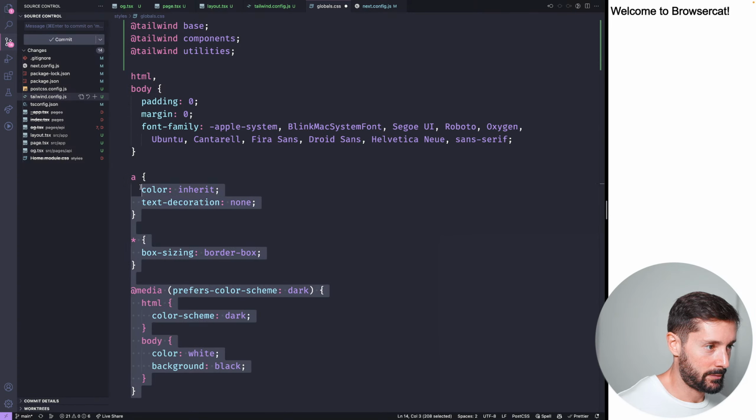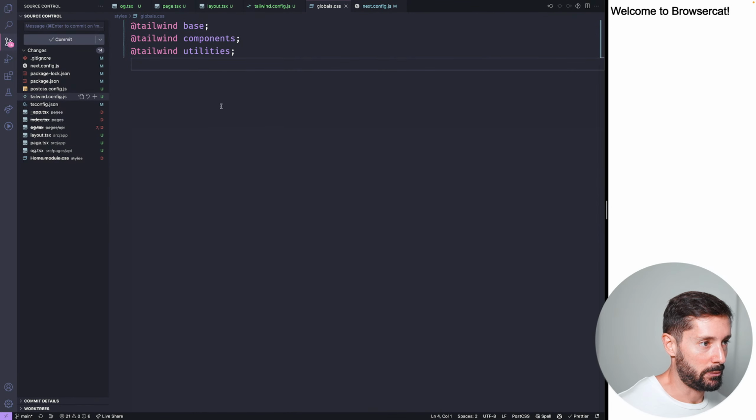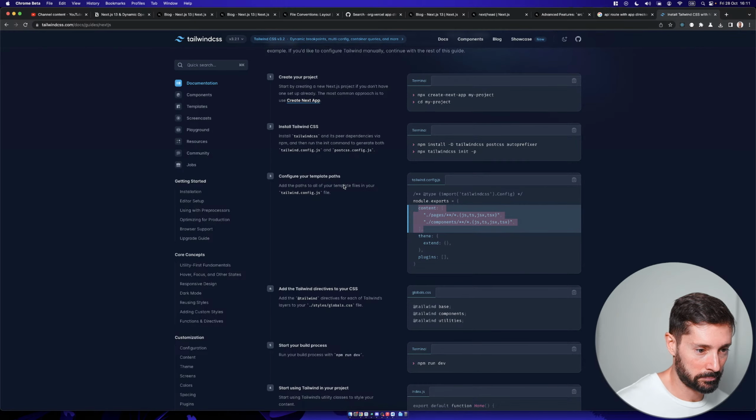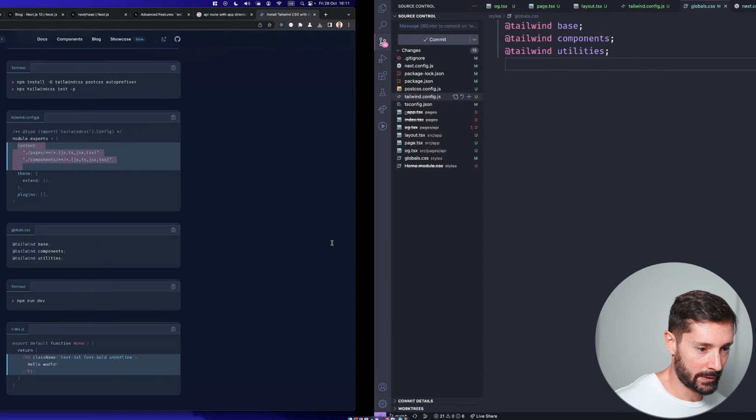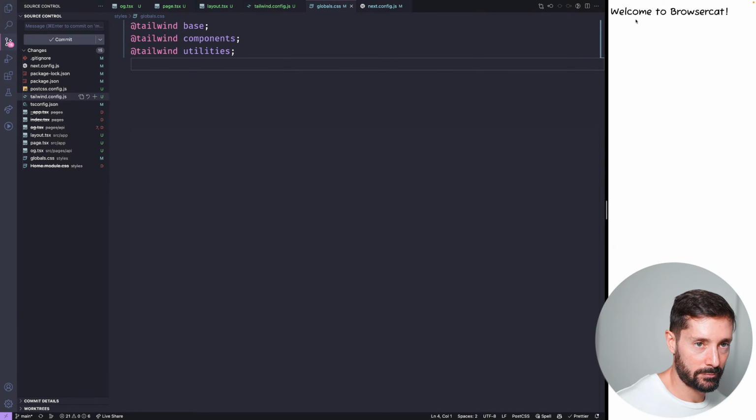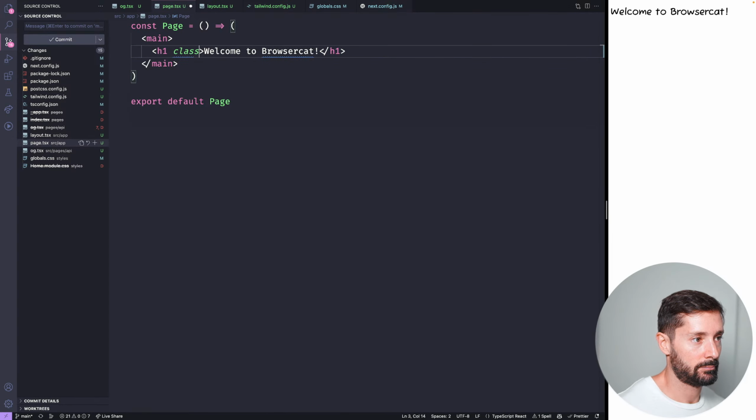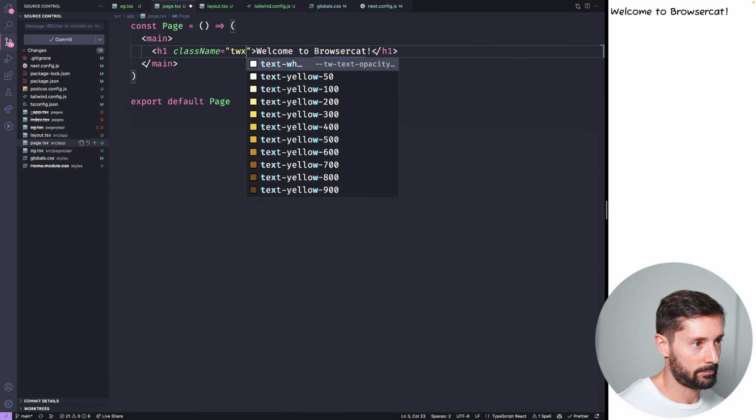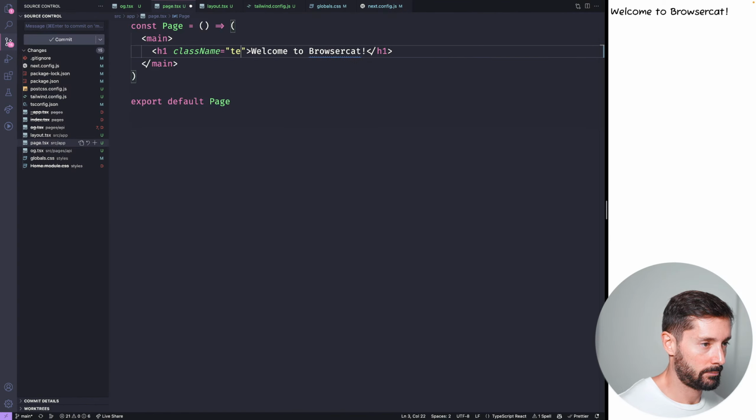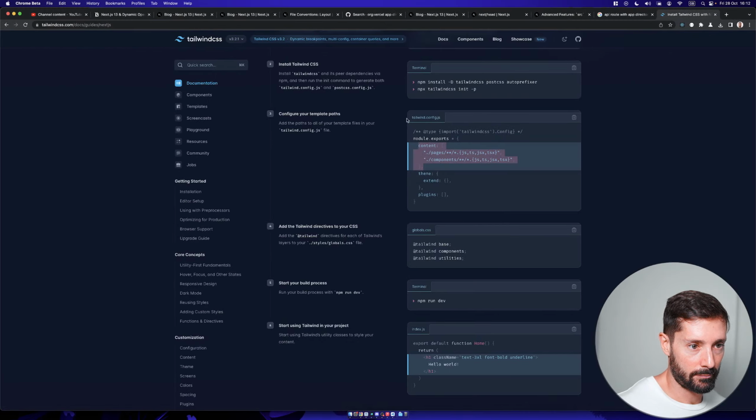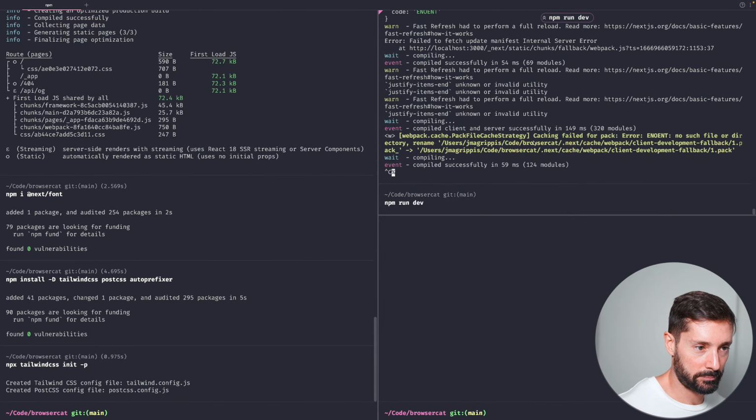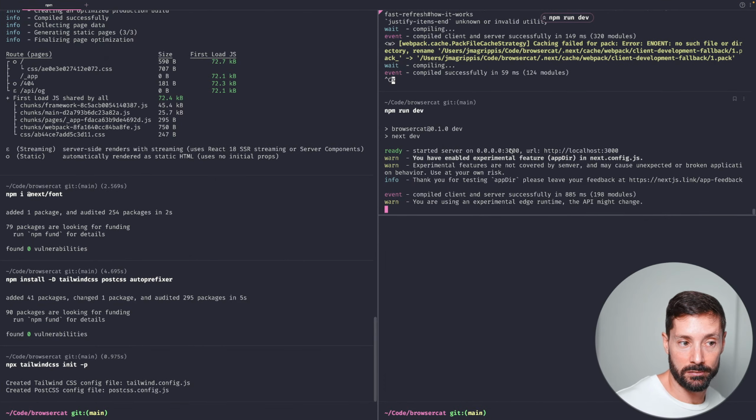And I guess maybe we don't want to add anything here at the moment. And now, will Tailwind have worked? Looks like the answer so far is no. If I restart the server,